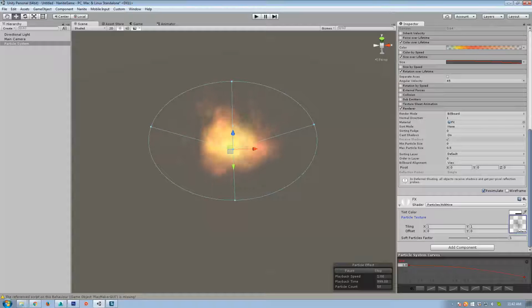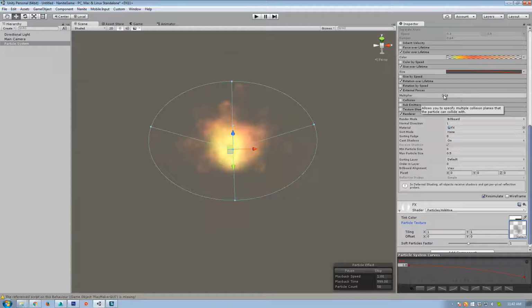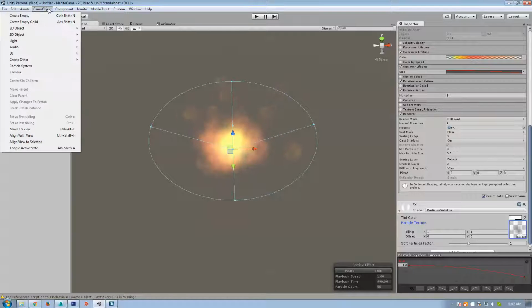There we go. So that's, what was that? Rotation over lifetime. Again, you can do separate axes. You could do between two constants. So if you wanted to have some particles not rotate, some particles to rotate, you can do that. You can do rotation over speed, like all of those. External forces are really cool. If you set this to on and 1, you could add things like,